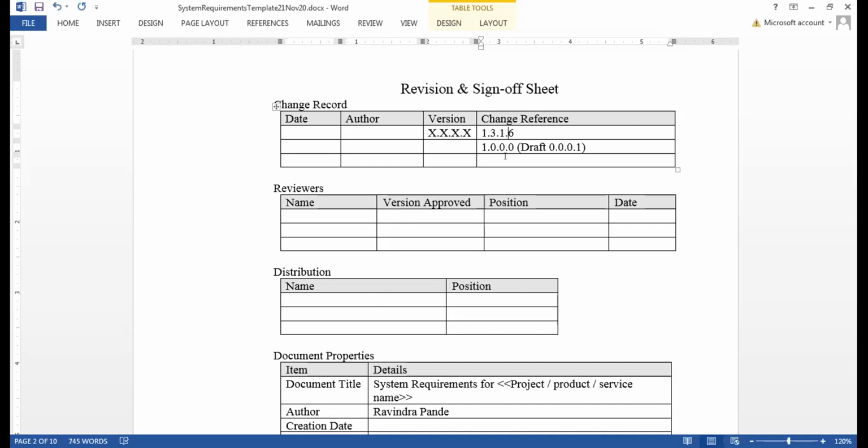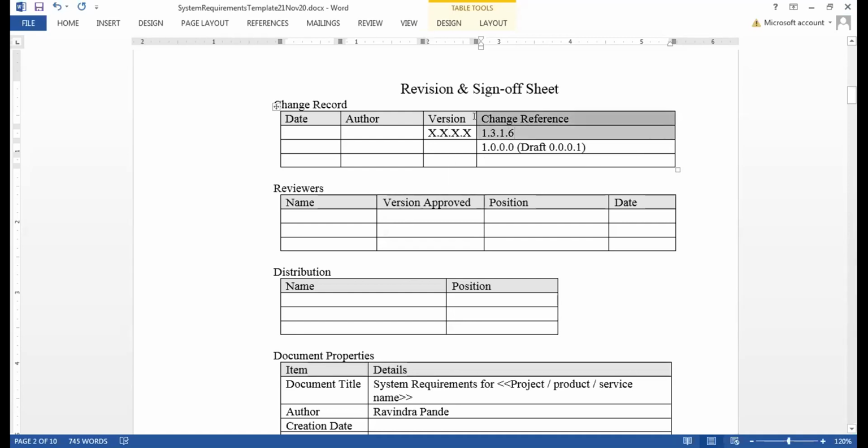Sir, what is this change reference? What do we write in the change reference? Do we write the numbers, or do we write what changes we are making? In the change reference, you can write text. Normally the versions come here.